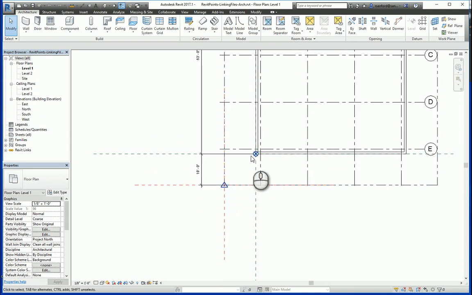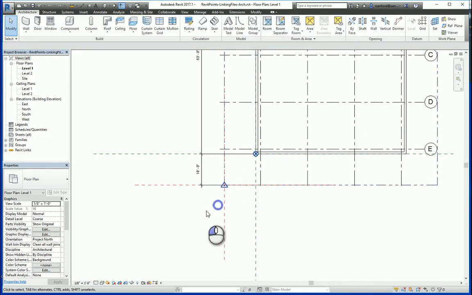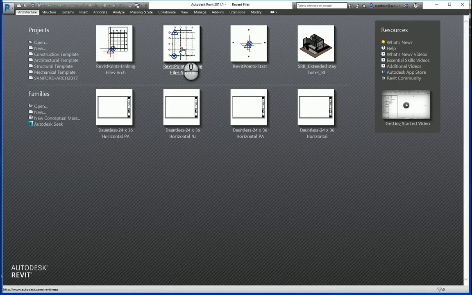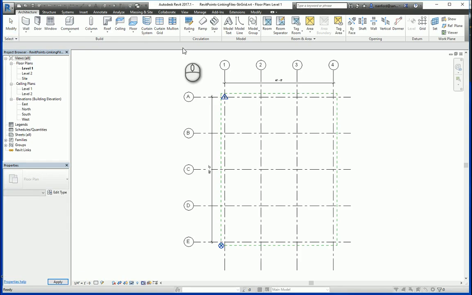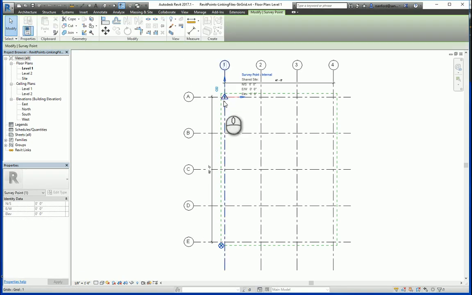We know that the project base point, or the corner of this building, is 10 feet east and 10 feet north of the survey point and shared coordinate system in the architecture file. So if we go back to the grid,